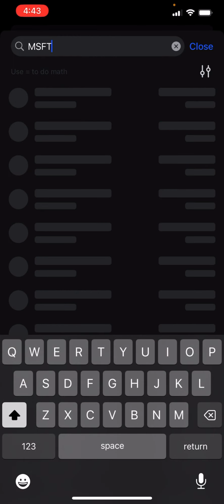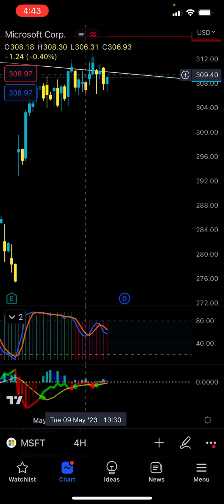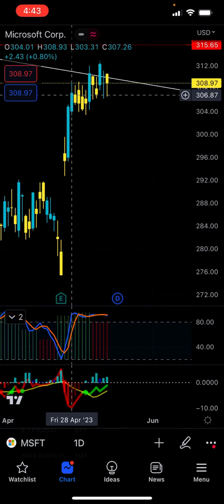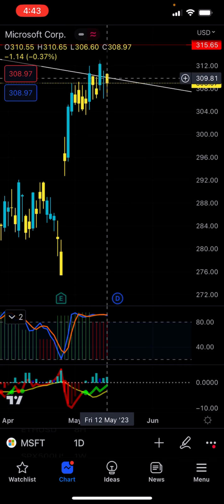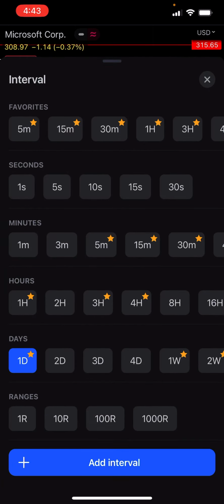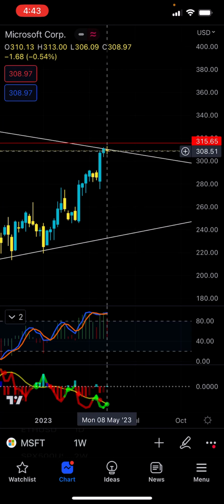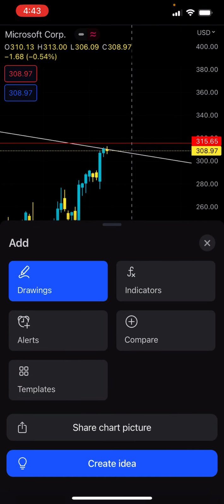And for comparison, we can look at Microsoft. Microsoft has not been wanting to break this trend here. You've been trading sideways since April 28th, so about 2 weeks. You've essentially been just in this range here. And on the weekly, you actually just closed a bear week. So I 100% also think that Microsoft is going to come back to this trend here at like 236, which is roughly